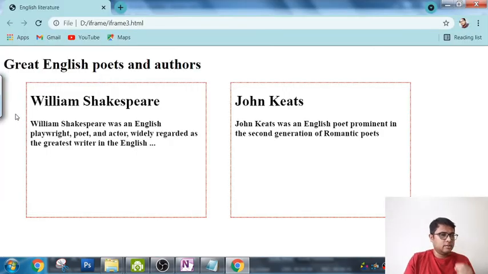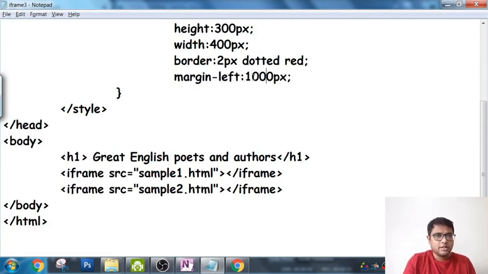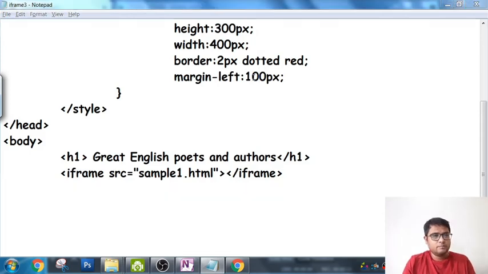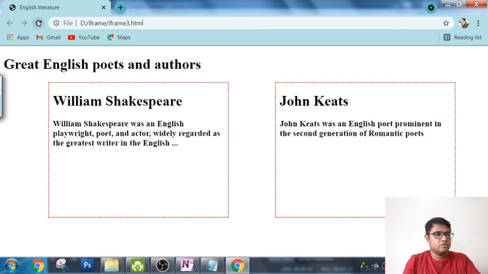See, the distance between the corner of the screen and the frame is 50px. There is a difference here, and similarly there is a difference here also. If you look, there is a gap here. This gap is the margin gap which I have assigned in the CSS, where I have written margin-left equal to 50. I can change it to 100 also. See, then the gap will increase. I have changed it to 100. Refresh it. See, you have seen the difference.